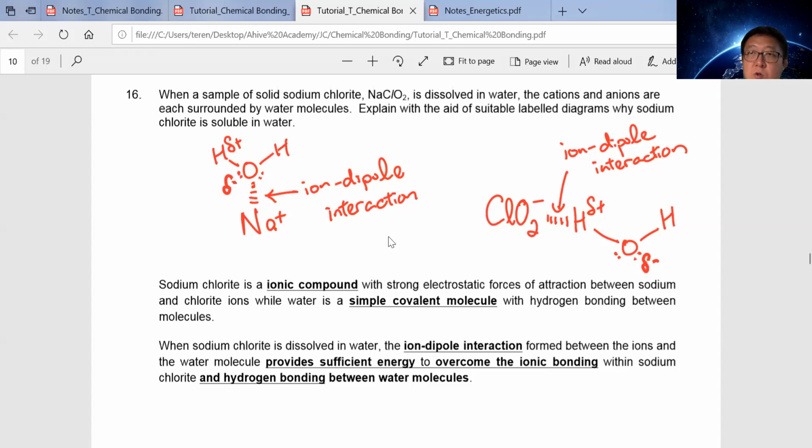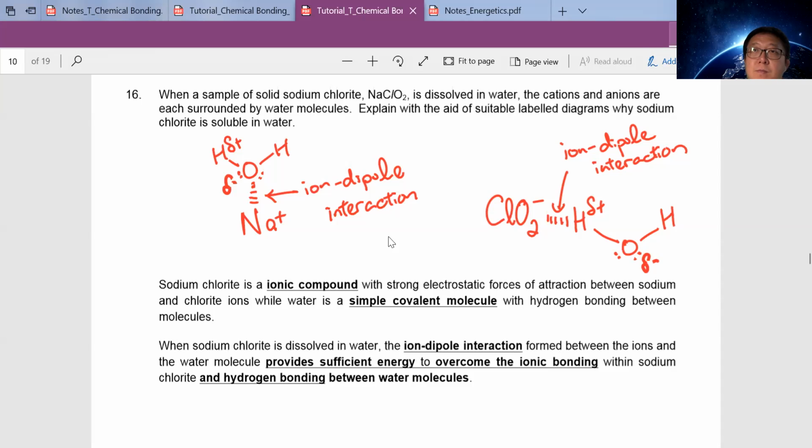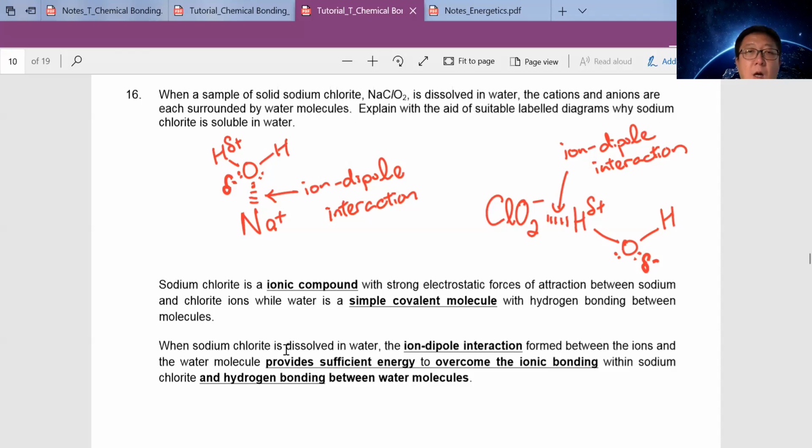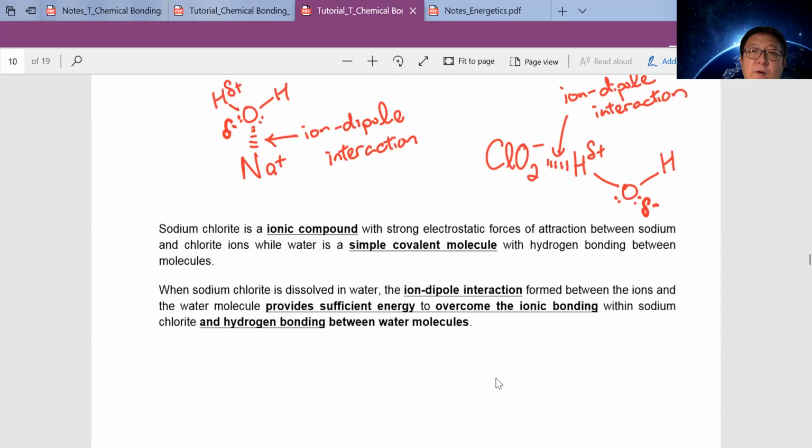You must make sure you draw it and indicate the correct attraction for the two ions and the water molecule. They are attracted in this manner. Then we call it the ion dipole attraction. Okay. And so this is how energy is sufficient to overcome the ionic bonding and the hydrogen bonding between water